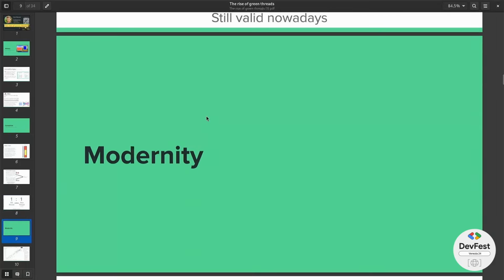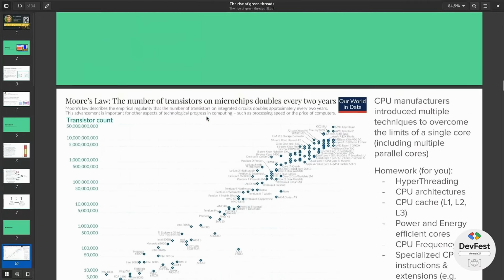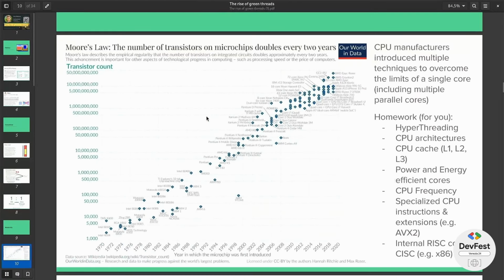Okay, now we arrived in modernity. Nowadays, computers. And now we see basically Moore's law, which in fact claims that every year and a half, 2 years, the number of transistors doubles. So what is the number of transistors? It's not really